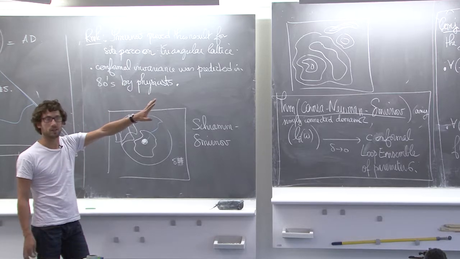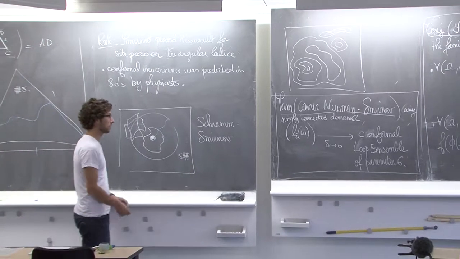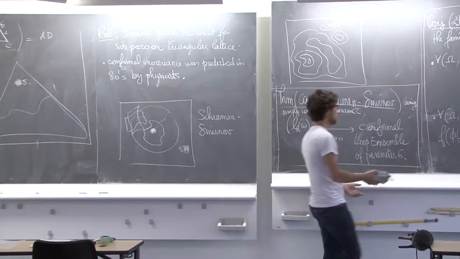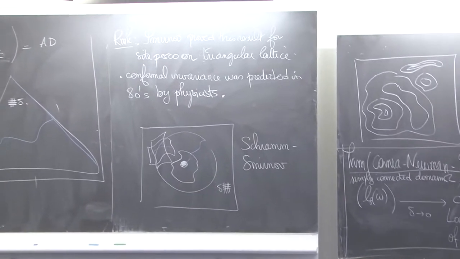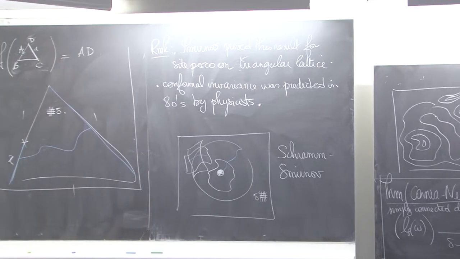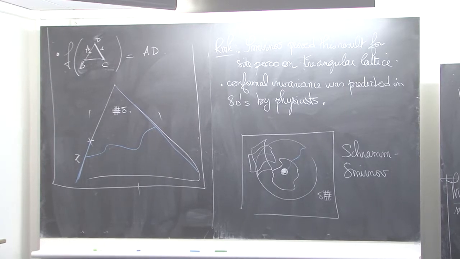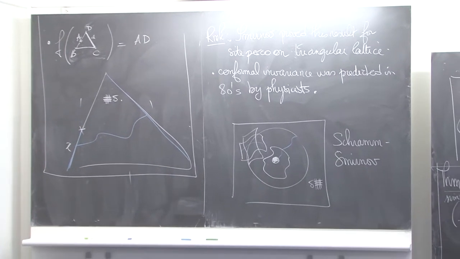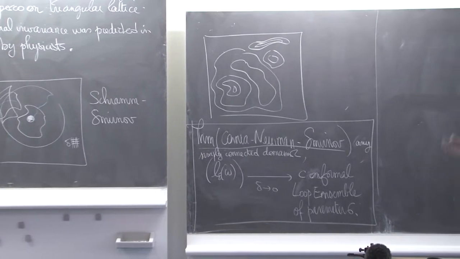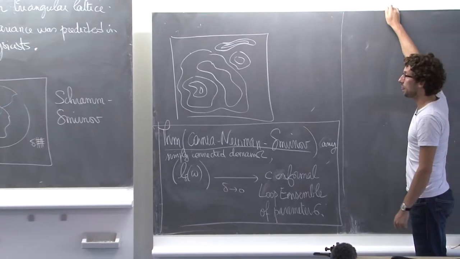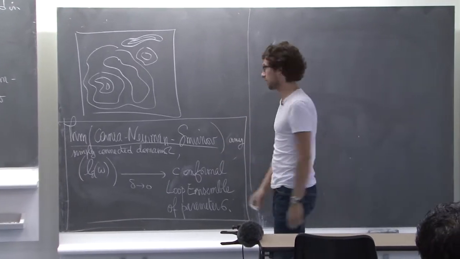We don't know at all what is happening on the square lattice because we already don't even have convergence of the crossing probabilities. But once you have that, you can deduce much more. You can also start by describing only one interface, and then you will converge to what is named Schramm-Loewner evolution. But since I'm not going to use it, I'm not going to mention this now. Okay, so that was for the crossing probabilities and the connectivity properties.